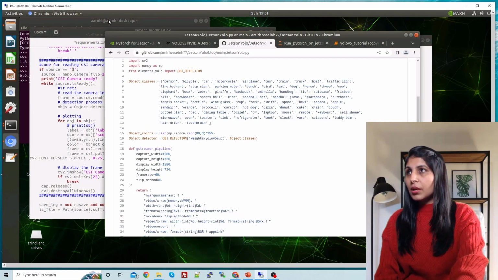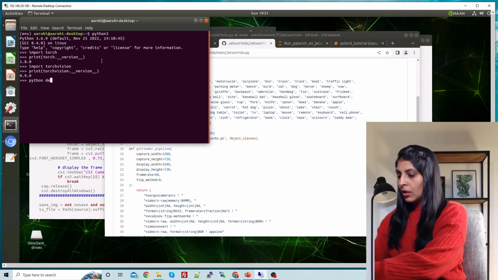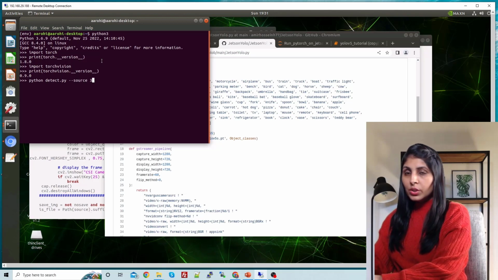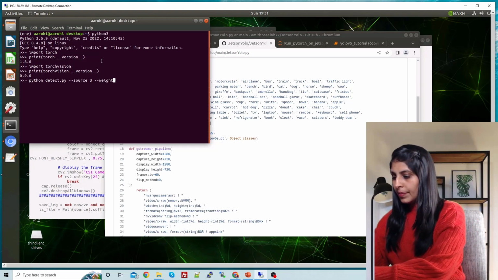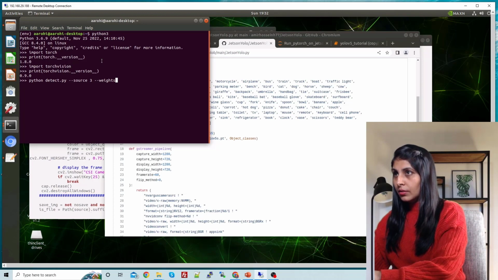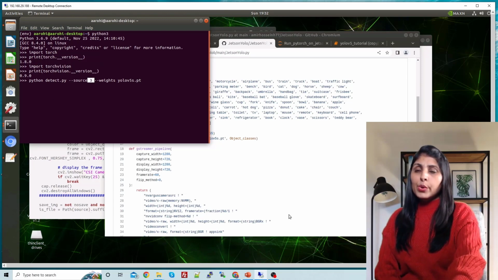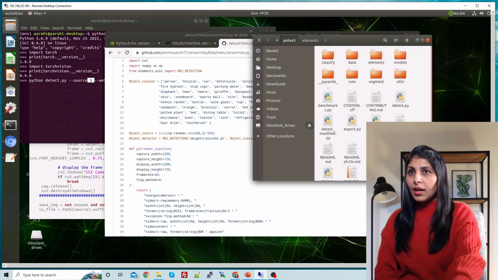Okay, just give me a minute. So let's say if you are writing python detect.py, and then we provide the source. If you provide source 3, and then provide the weights, YOLOv5s.pt. This is how we write the command, right? So this source 3, if you give source 3 over here, then what will happen? What I have written is